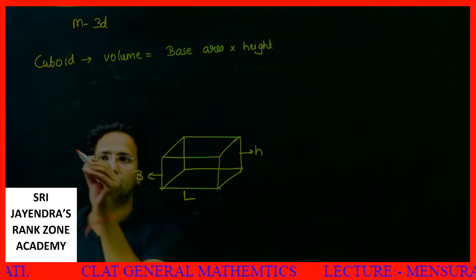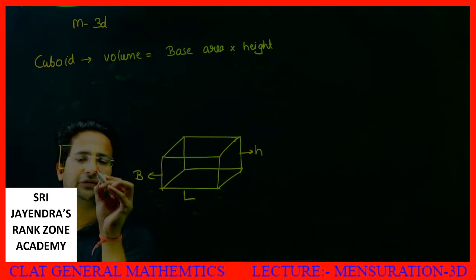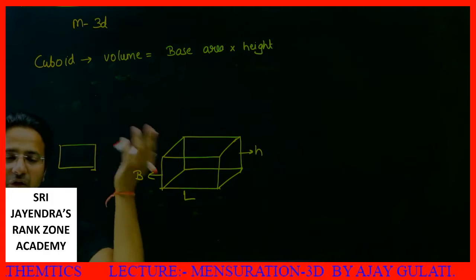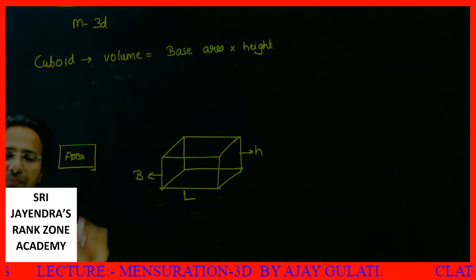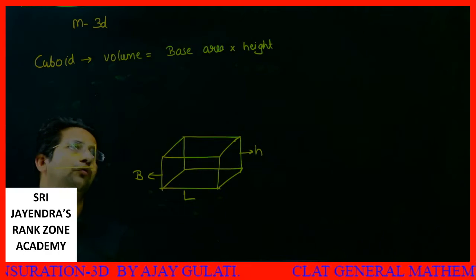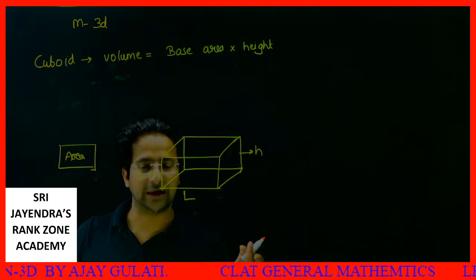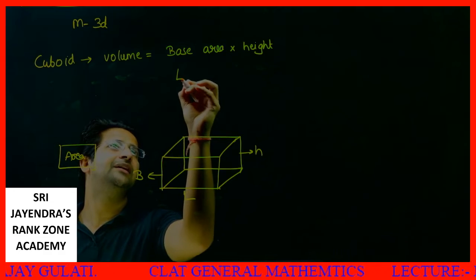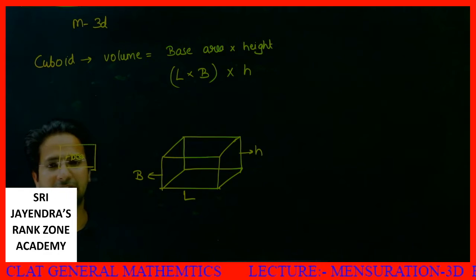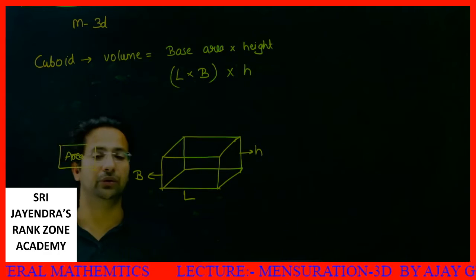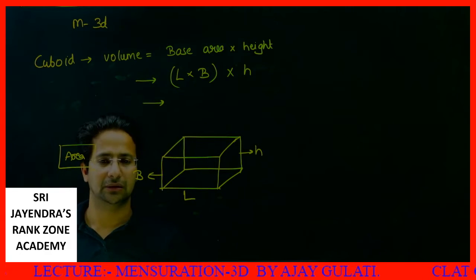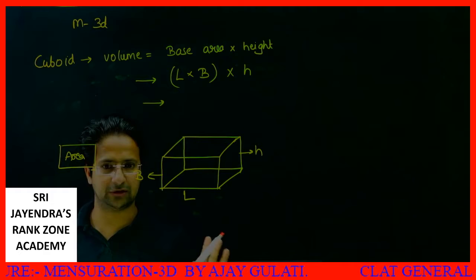So it will become a 3D figure. A rectangle, first of all, is a 2D figure. If to this 2D figure you give some height, it becomes a 3D figure, it gets a volume. This 2D figure has an area, and when you give it some height, it gets a volume. So the volume is base area into height. What is the base area? Base area is length into breadth, and we multiply height this way, L into B into H. I hope this is clear to all of you. L, B, H. Any doubts? No doubts. Okay, let's move ahead.